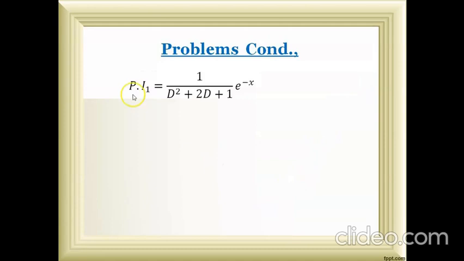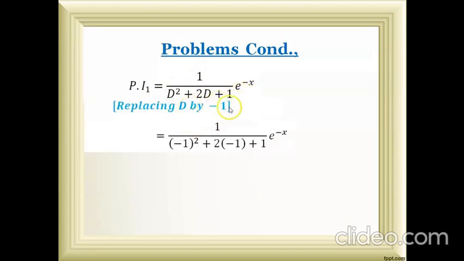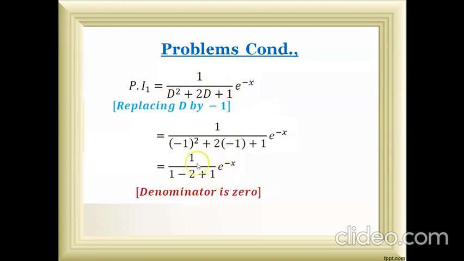So let us move on to the first particular integral, 1 by function of D into the first term, e power minus x. So for exponential, what do we want to replace? Replace D by minus 1 in phi of D, the function of D in the denominator. After replacing, I will get the denominator as 0: 1 minus 2 plus 1, it becomes 0. So therefore, in the previous step where we substituted the values, we just want to multiply x in the numerator.